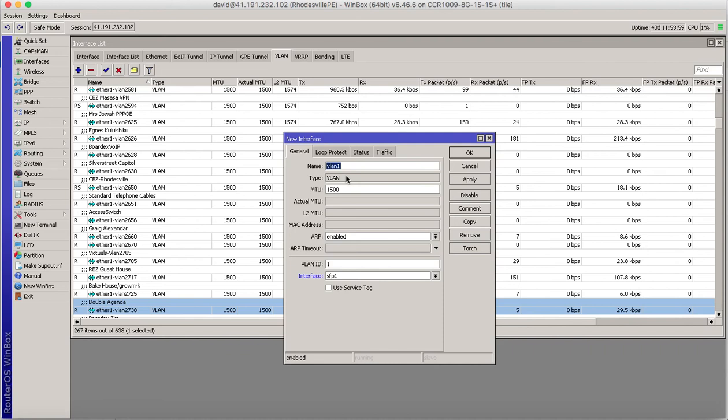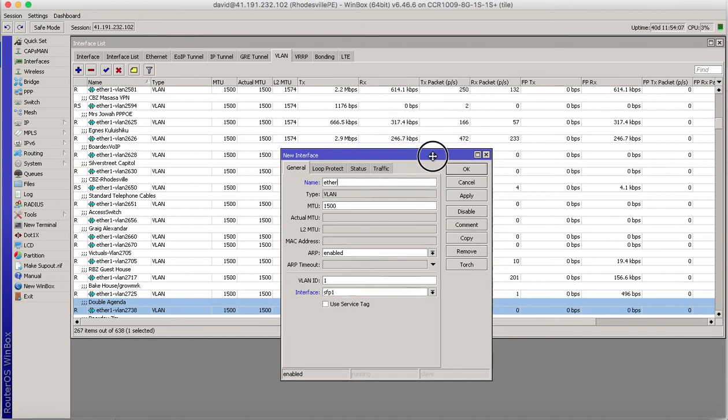Let's say the customer is going to have a particular VLAN that is on Ether 1. Remember, like I've said in the previous page, which I've just closed there on the diagram, you have to know the interface which the access switch is connecting to from the PE, which is Ether 1. Then you put the VLAN here, which is just the VLAN name. This is just a generic name. So VLAN, let's say 2739. Then here, this is where you put that unique number for any customer. So here